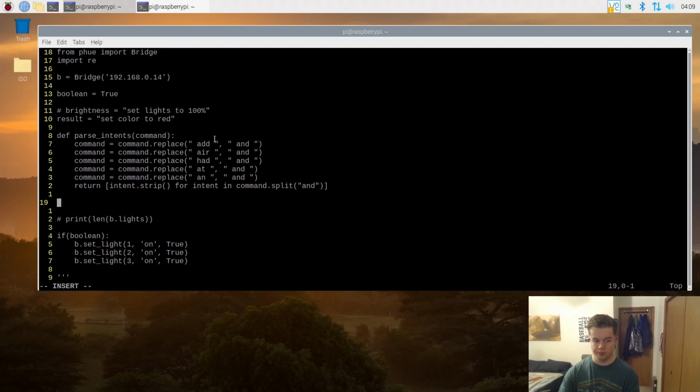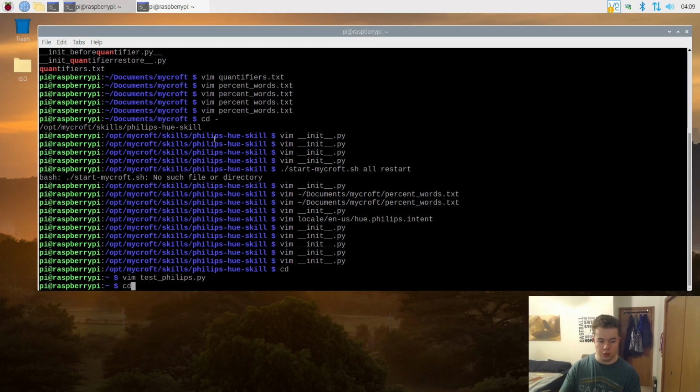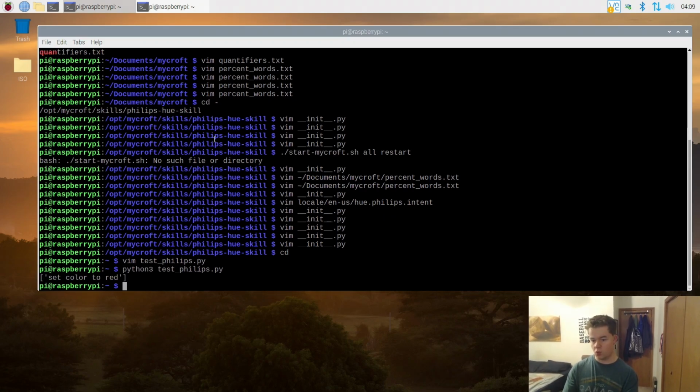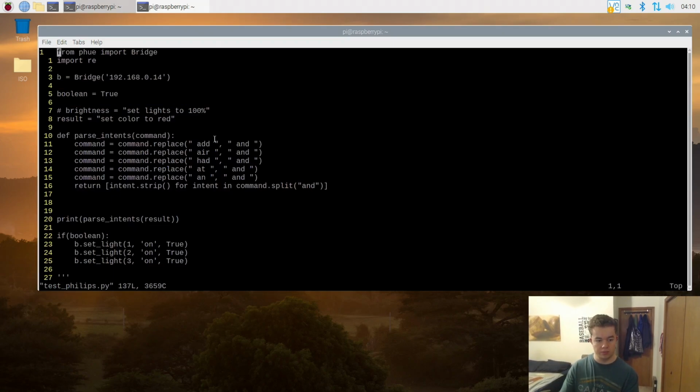Essentially what I want to do is split up my commands by the word and, which parse intents will actually do. In fact, we could take a quick look at it right now. If I did parse intents results, I should get just one thing because there is no word and in there. So if I change my thing to,